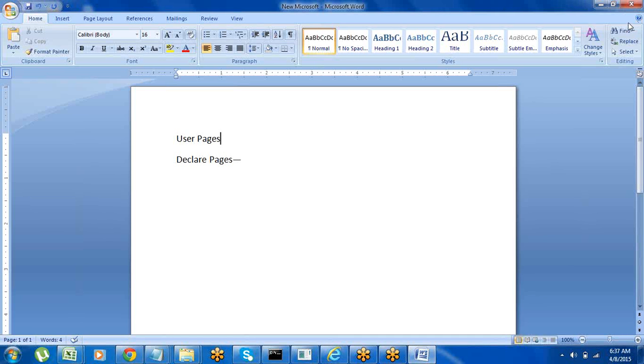Here also we can trace what values are given to the properties, so property values and property names associated with the particular properties. And it contains some pages called user pages and declare pages. Simply saying, the clipboard is also a debugging tool, and mainly it is used for examining the property values and the messages associated with them.